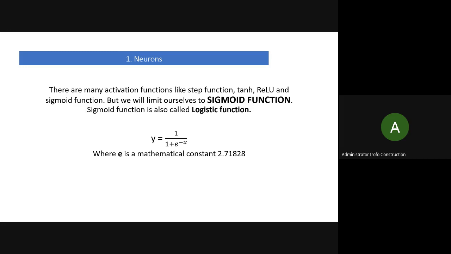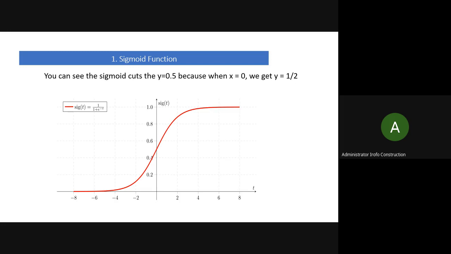I don't know if you already know about it. The sigmoid function is also known as the logistic function. And what you should know about this logistic function is this: when you watch this diagram very well, you can see that this function can take